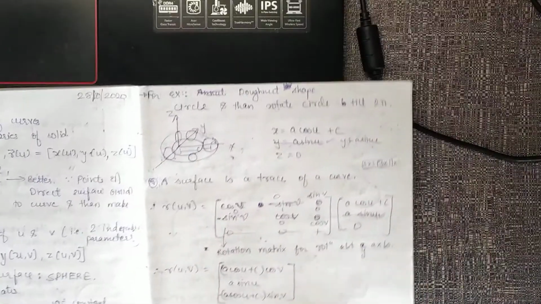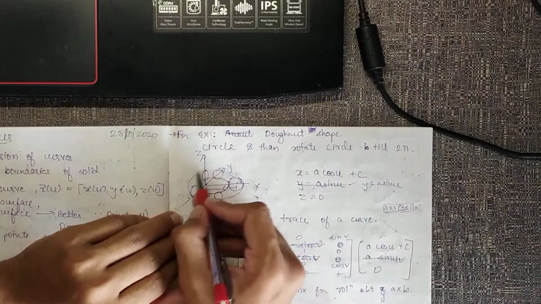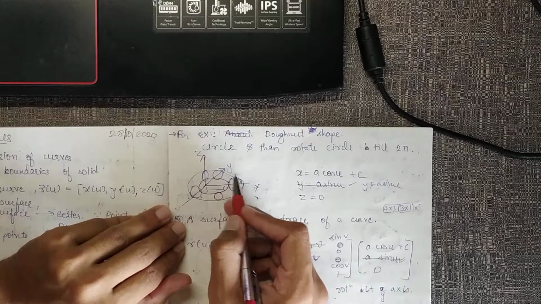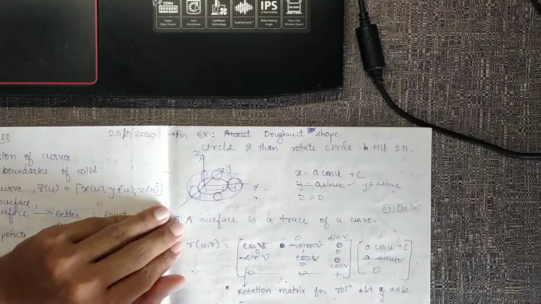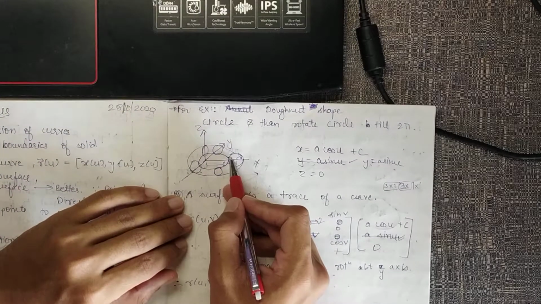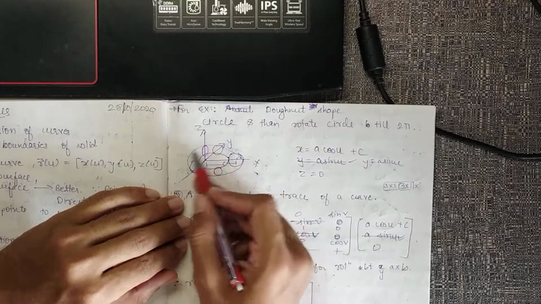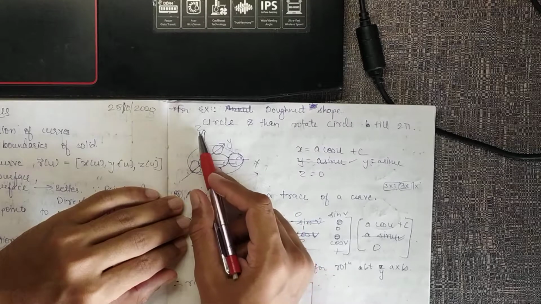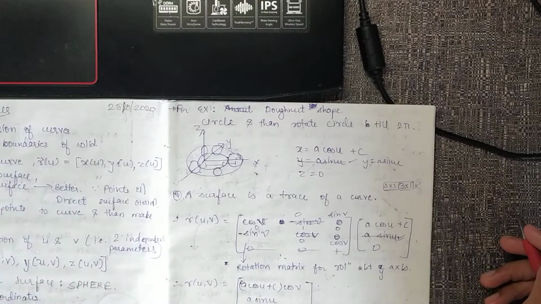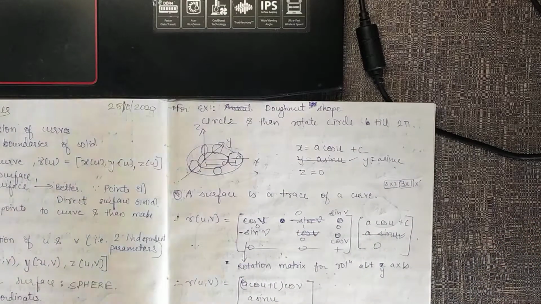So basically we can start with a circle and rotate the circle about z axis or y axis and get a torus or donut shape. So the initial circle is a curve that is called the profile curve, and the revolution which we are taking about the z axis, that is the guiding curve, that is the transformation which we are applying, that will be a function of v, two different parameters.